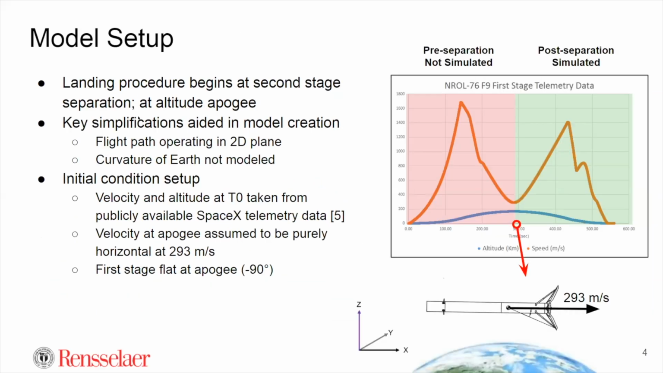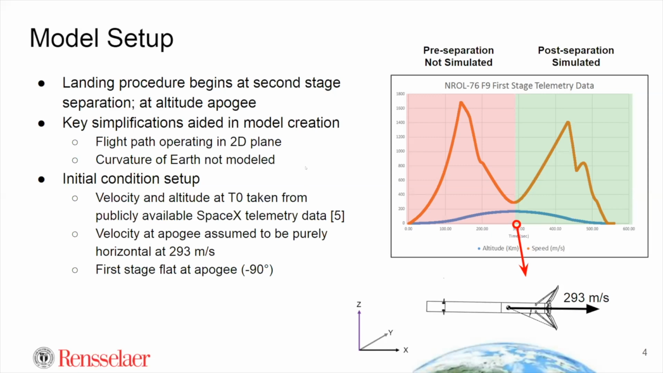All right, I'll get into the little model setup here. As I mentioned, the landing simulation starts at second stage separation at altitude apogee, right after that first stage flips around. There are a few key simplifications that really aided in this model creation. The first one is the flight path is modeled in this two-dimensional plane down here. It's the X plane. And that is justified by the fact that,